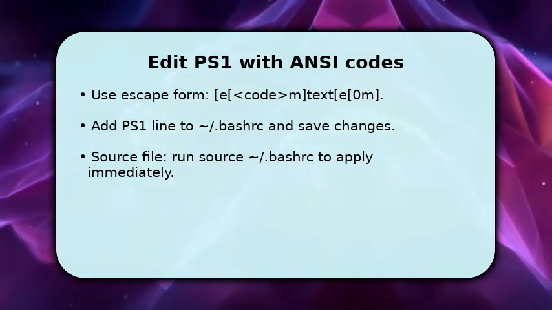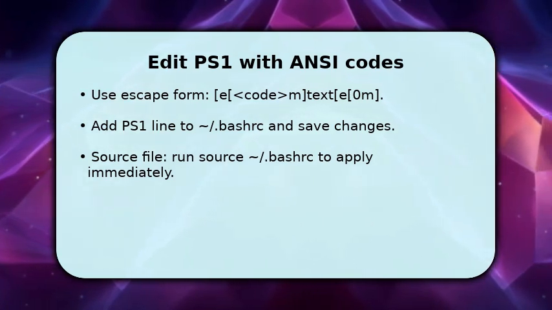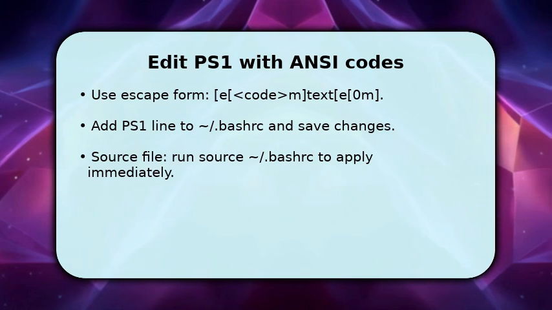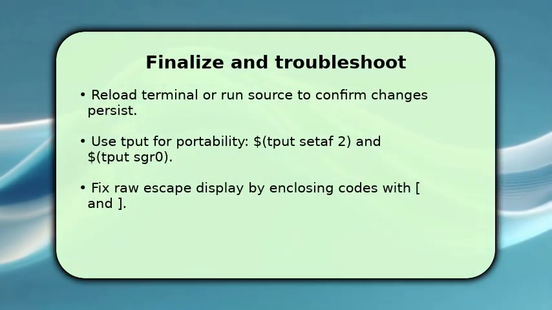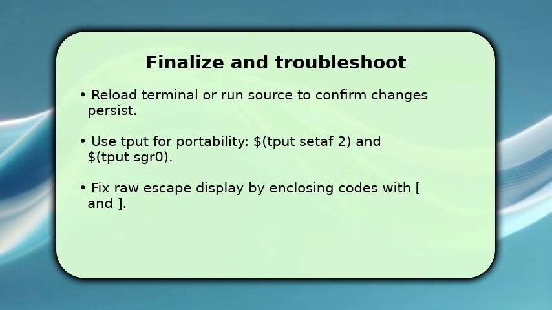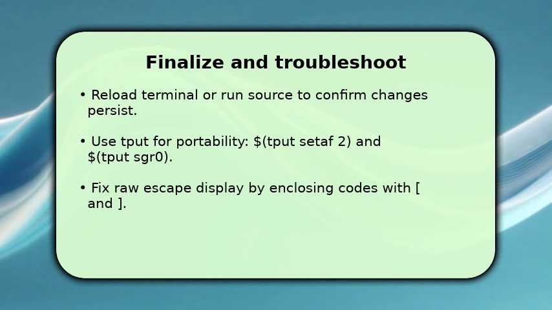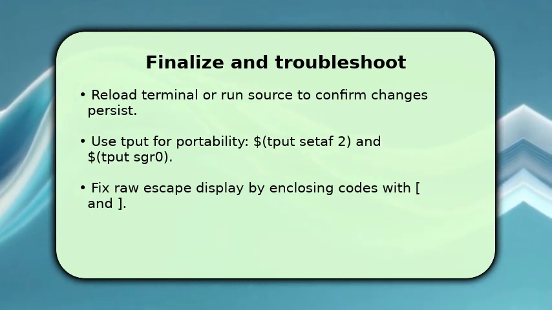Save the file, because persistence matters, and then run source ~/.bashrc to apply without restarting. If you want multiple colors, finish by verifying the prompt in a new shell, or simply source the file again. That confirms persistence. If you prefer portability across terminals, use tput setaf and tput sgr0 inside PS1 instead of raw numbers so